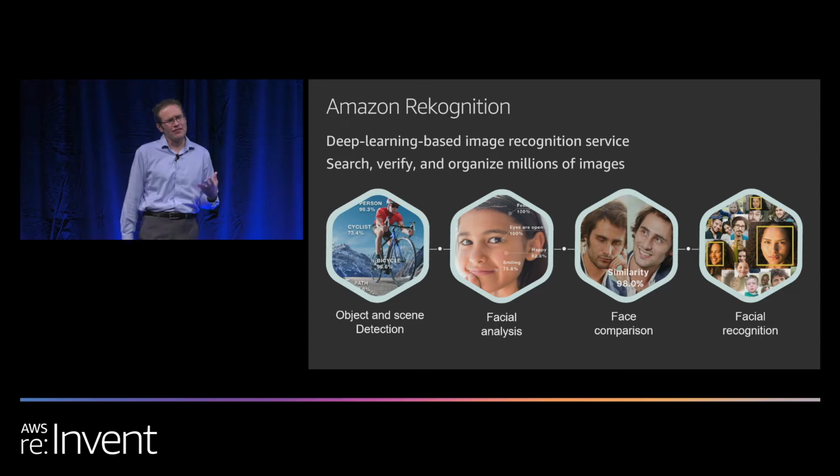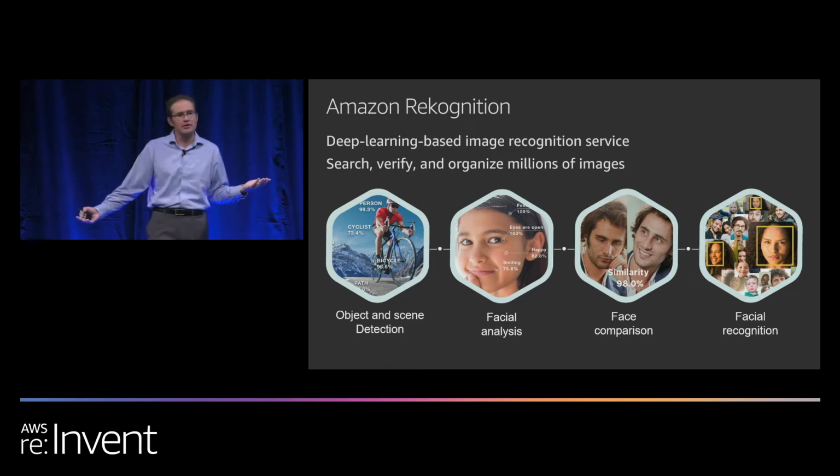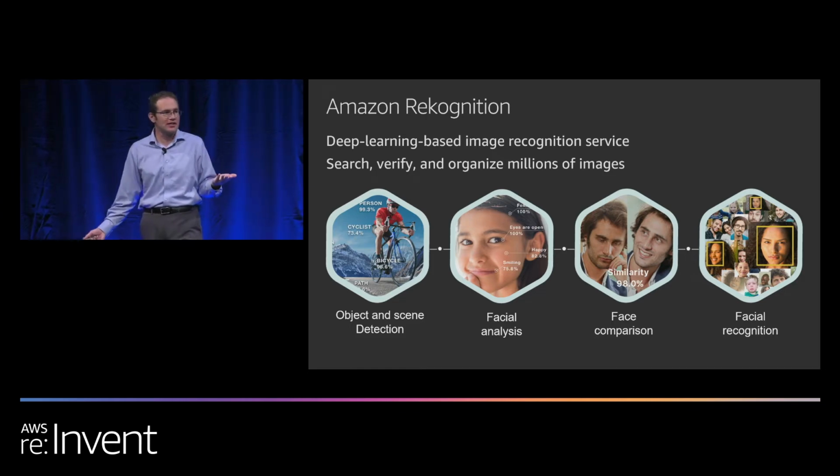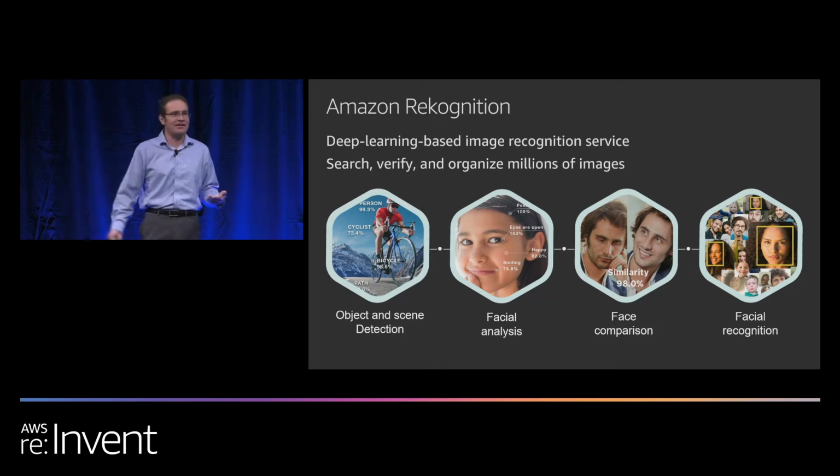And when I think of images, I think of really unstructured data, right? You might have a folder or a CMS that's just filled with a bunch of files, but you have no idea what those files have in them. So what if you wanted to take your corporate assets and say, okay, give me all the pictures that we have that have horses in them? How would you do it? Maybe hire a bunch of interns and have them go through every single picture, and then, okay, give me the one with all the cows. Okay, and repeat until all your interns quit, and then you have to hire new ones, right? That's not a good thing for anyone.